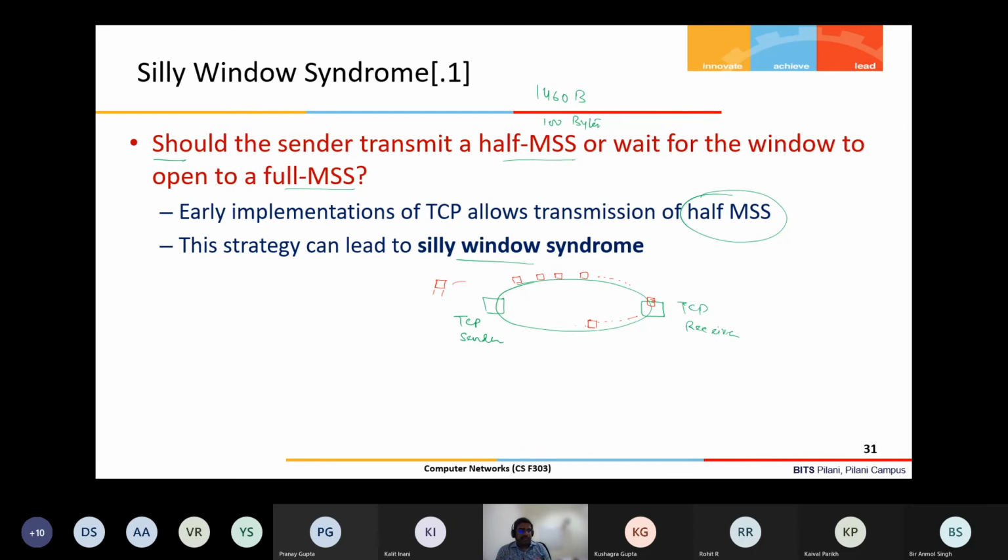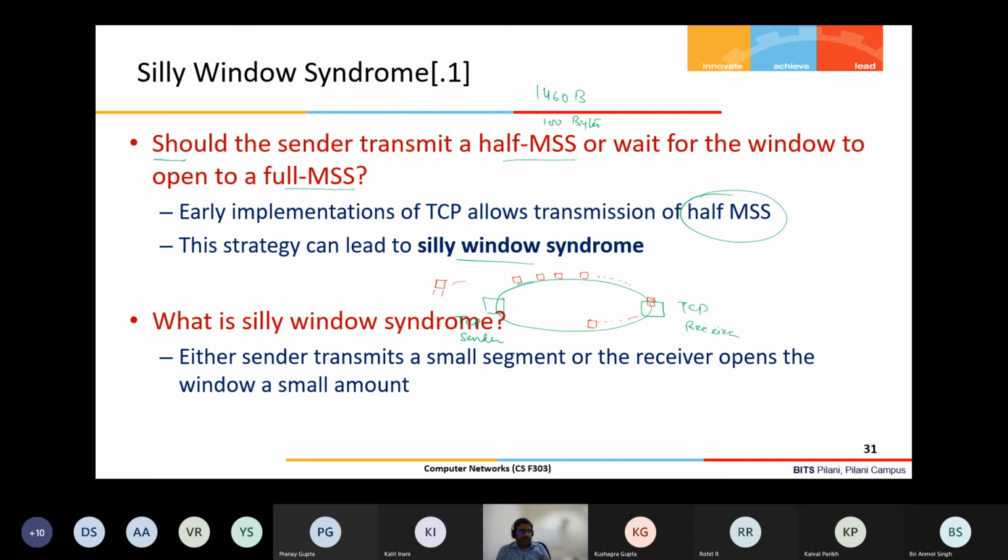We know that sending small segments means more overhead and less throughput, so this should not happen. We need to avoid this. This is called the silly window syndrome problem. Every time a small window opens, the sender immediately sends the data, and this is repeated because every acknowledgement also acknowledges a small segment, and once the window is open, the TCP sender will again send a small packet only. Once it starts sending small packets, the small packet sending will continue. That's the problem.